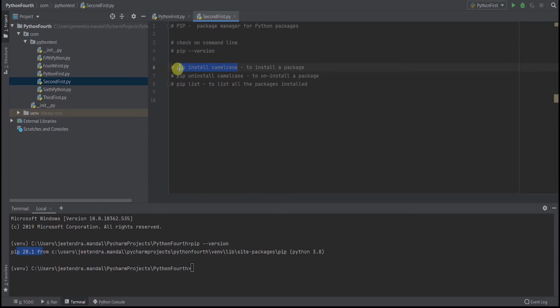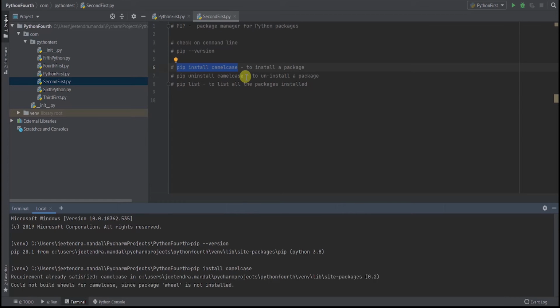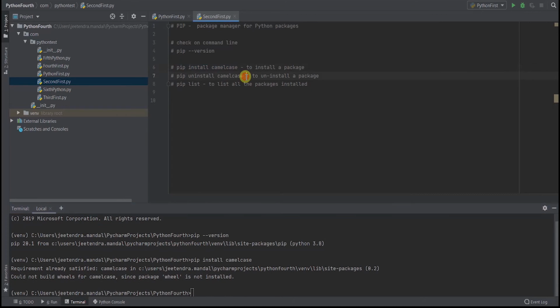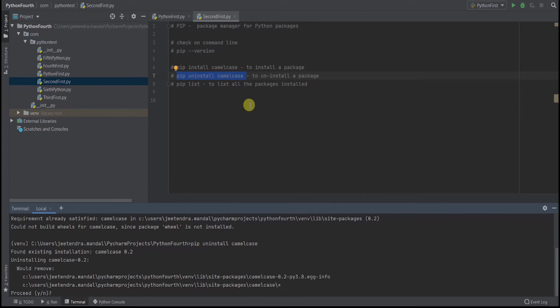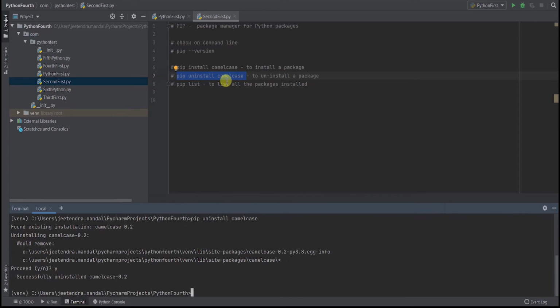So let me try to install a package, camel case. Although I have installed it previously, let me uninstall it. And I can install it.